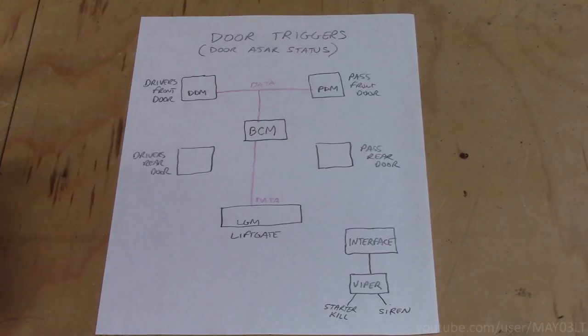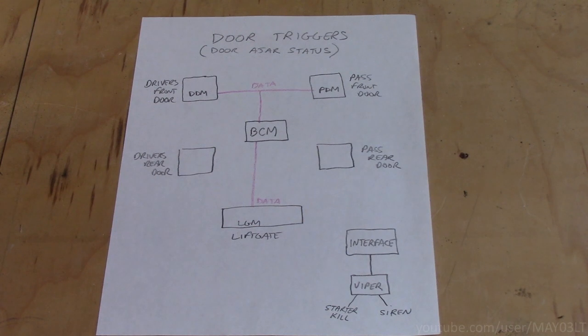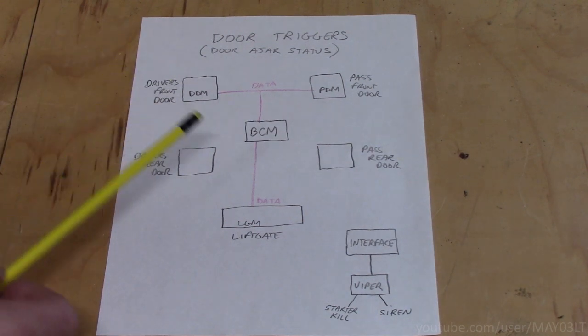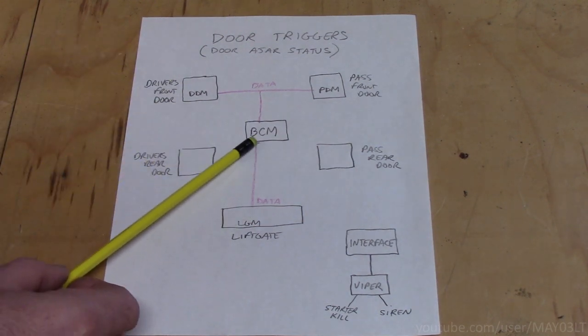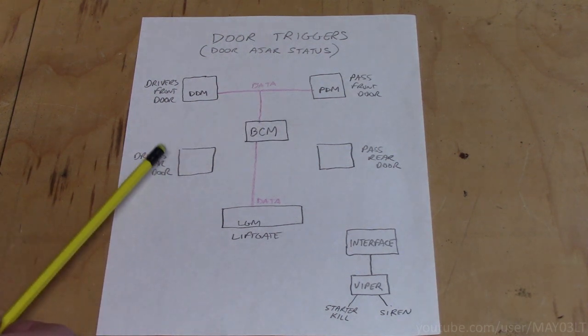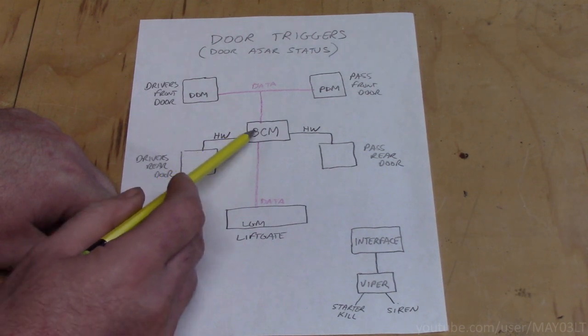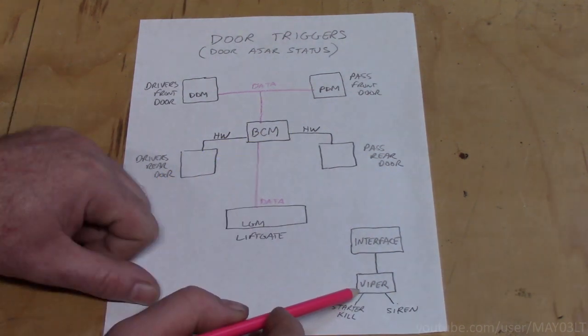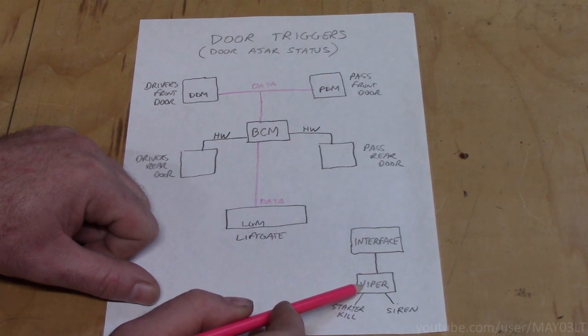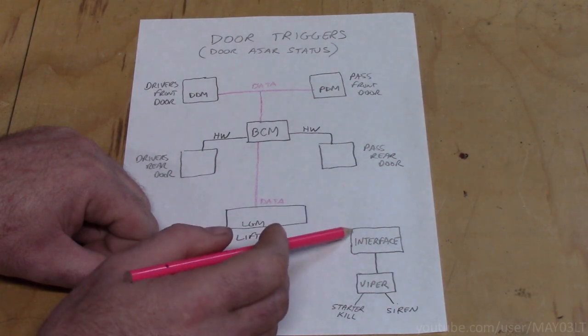How does the truck know if one of the 4 doors or the lift gate is open? Well, it does it in 2 ways. For both of the front doors and the lift gate, it's a data message that gets sent to the body computer, BCM. But things are a little bit different for the rear doors. The rear doors are hardwired to the BCM. Now for a car security system, the security system probably needs to know if the doors are open. So how does this work? Well, once again, we're going to use our interface,